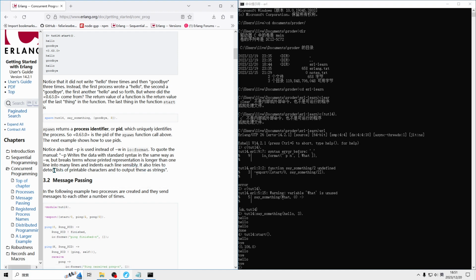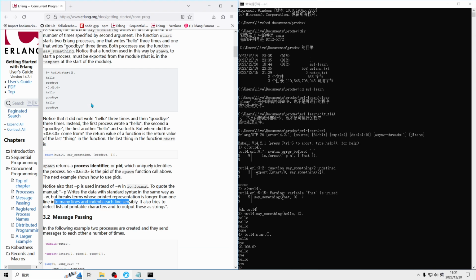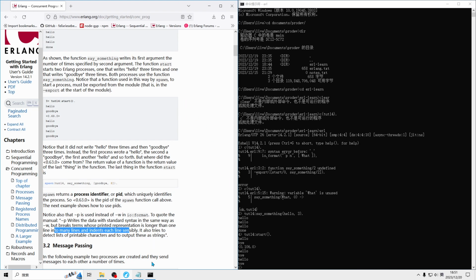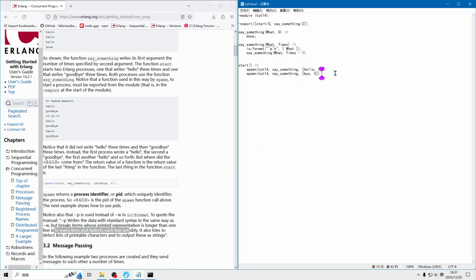It also tries to detect lists of printable characters and to output these as strings. 波浪线 P 可以把 lists 显示成 string，而且和 W 相同，但是打破了这个表示规则。修改一下这个 tut，然后再写个